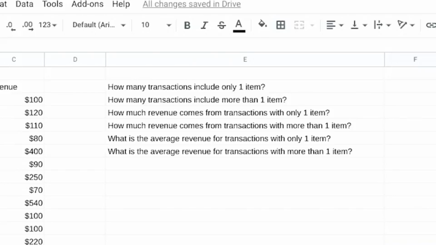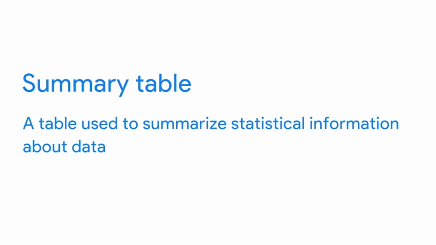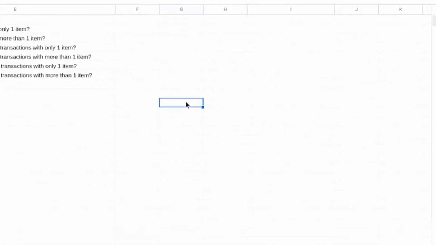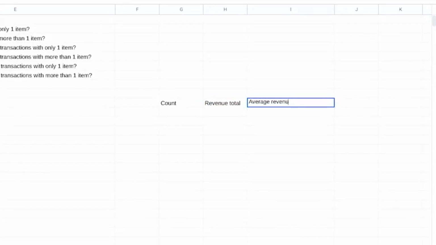We've added the questions we need to answer to the spreadsheet. We'll set up a simple summary table, which is a table used to summarize statistical information about data. We'll use the questions to create the attributes for our table columns: count, revenue total, and average revenue per transaction.